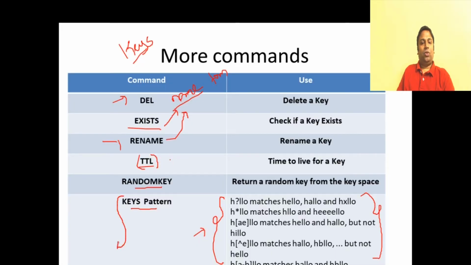Now let us look at this interesting thing, that is keys pattern. So what do you mean by keys pattern? Say I want to search all the keys that start with T and end with M, with one character in between. How can I find that? Or else I want to search for all the keys that start with T and end with M, with one or more characters in between. We'll take a look at all these things. We're going to give regular expressions and then search for key patterns in our database.